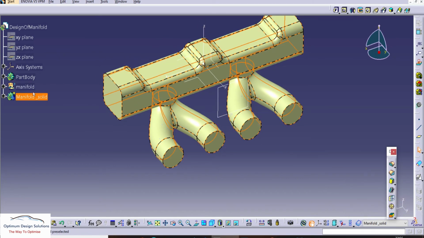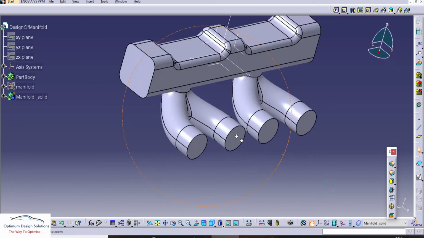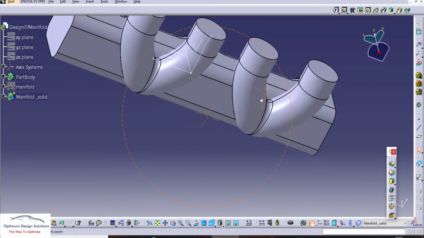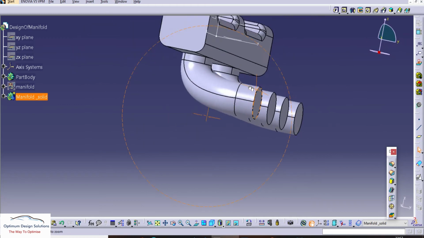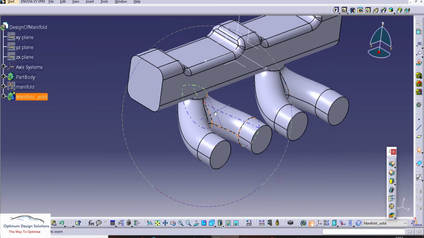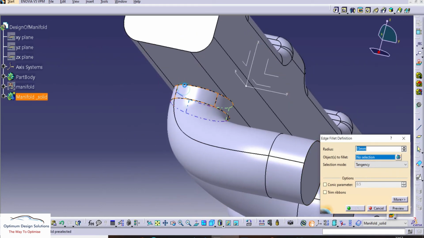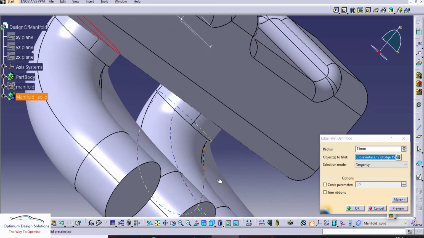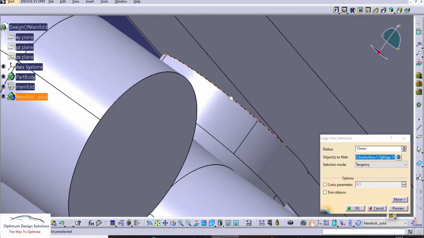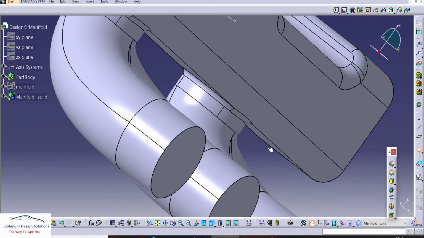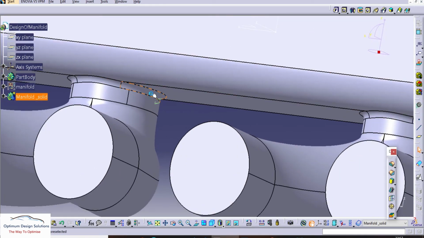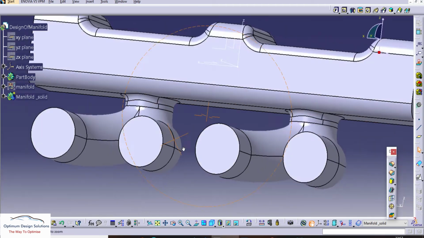So first of all we'll use the close volume. There is one sharp edge, so we'll remove that sharp edge by adding a radius there. 5 mm is somewhat small, so let's read it, and 10 mm. Okay.